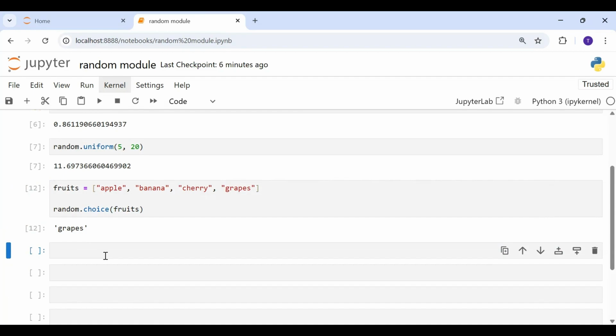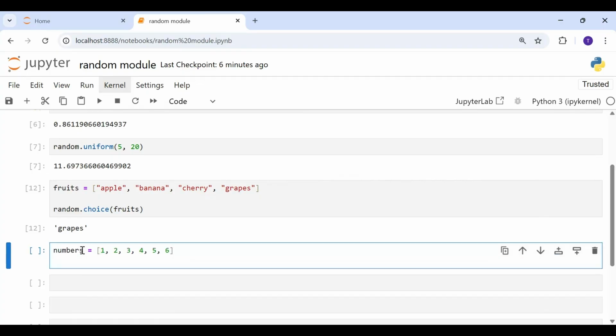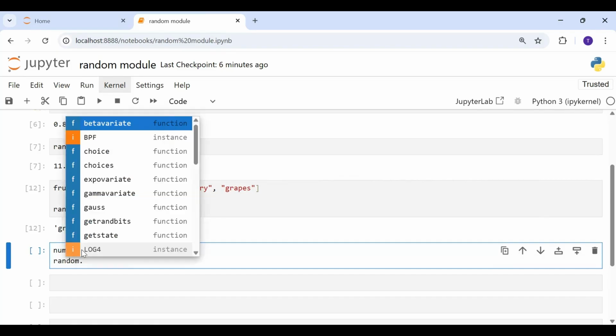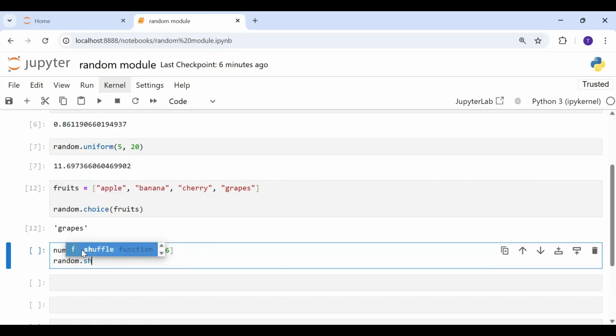Another thing that we can do using the random module is we can shuffle a list randomly. Like the way we shuffle a deck of cards, we can shuffle the items of the list using this random module. So let's say I have all these numbers and I want to shuffle this list randomly. So I'll say random dot shuffle. This is a function name.